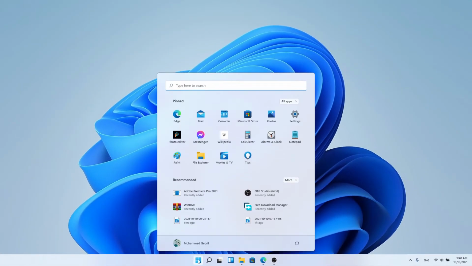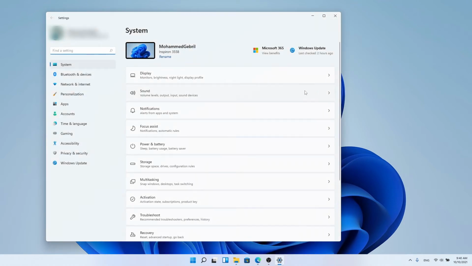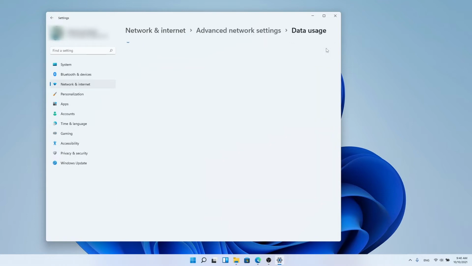1. Go to Settings. From the Start menu, choose the Settings shortcut. 2. Navigate to Network. From the Settings side menu, select Network. 3. Choose Data Usage. 4. Choose